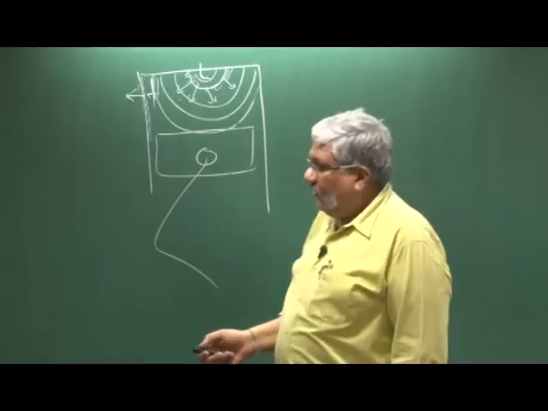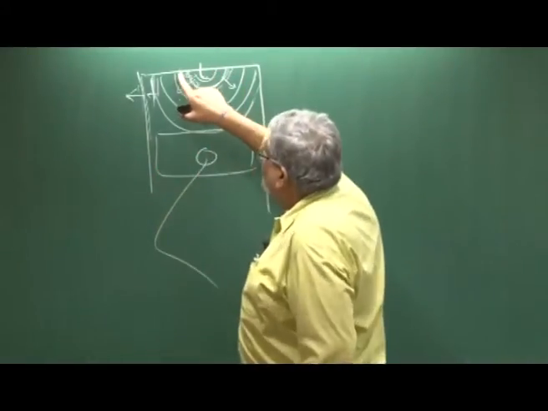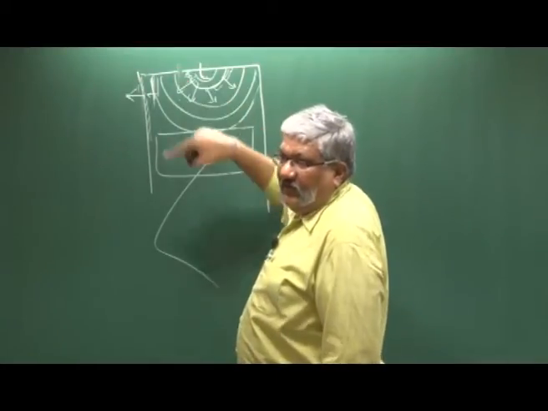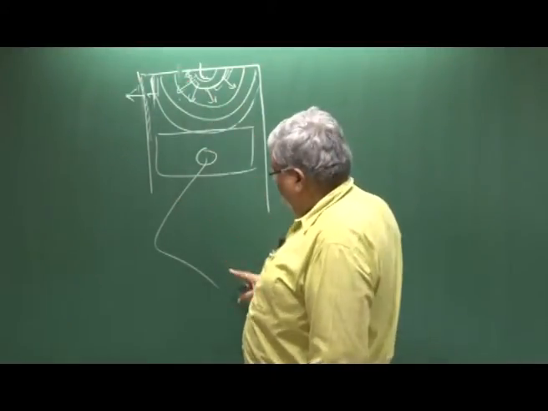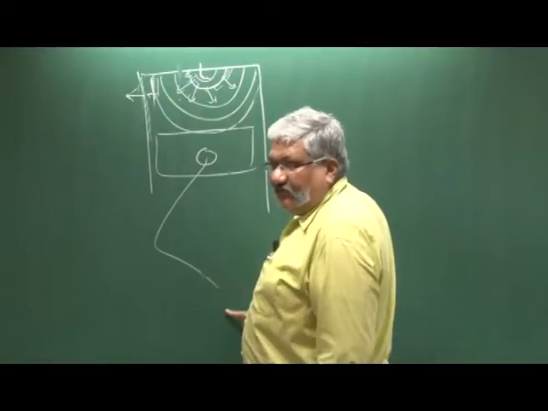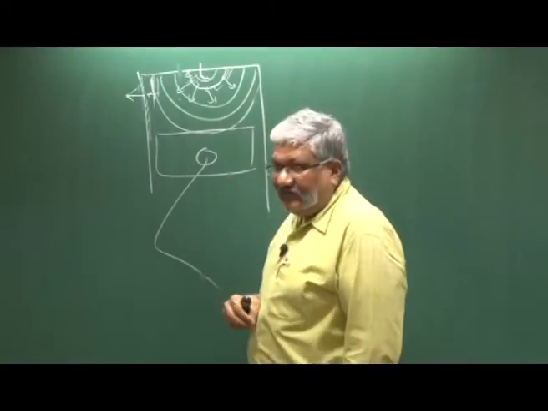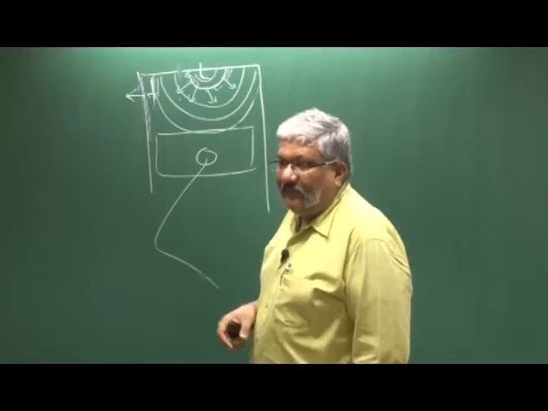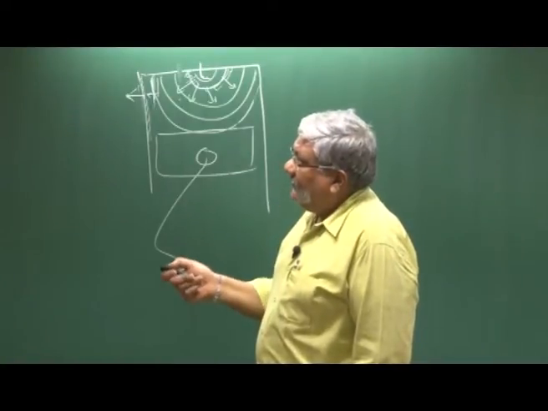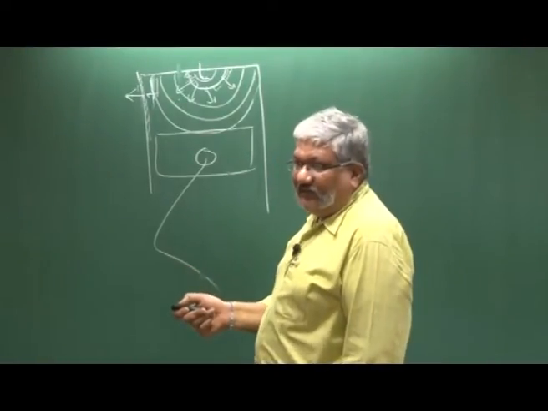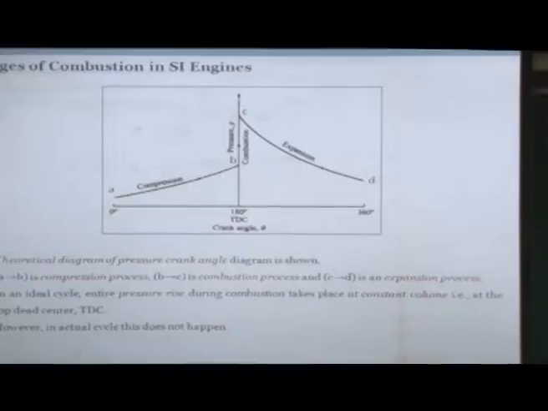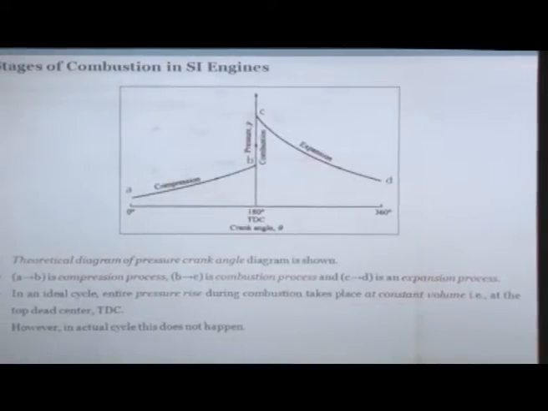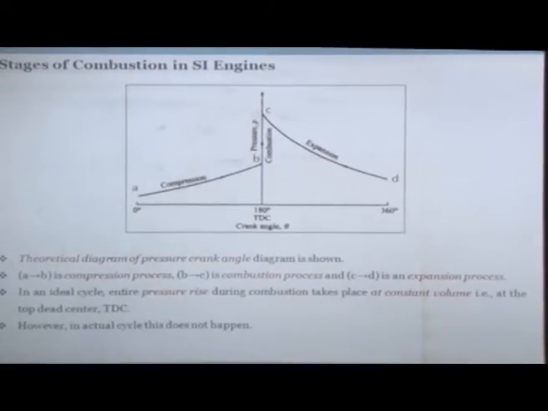Once it shoots up the combustion gets completed and then you have expansion. If we put a pressure transducer here and measure the pressure, and put a crank angle here which will tell you where the piston is in the cycle, that is how we make the P theta diagram, P on the y axis and theta on the x axis. Now, this is 0 degree, meaning my bottom dead center. I am going up, so this is isentropic compression.